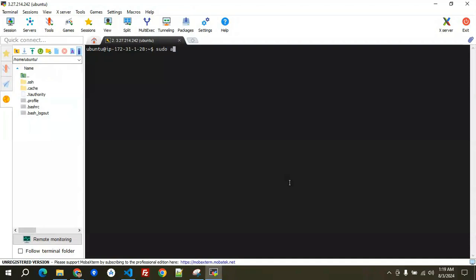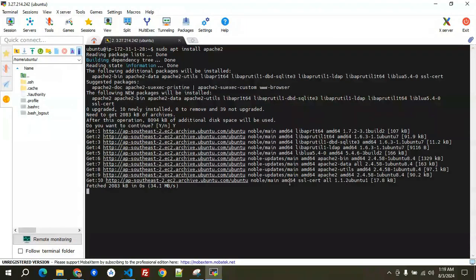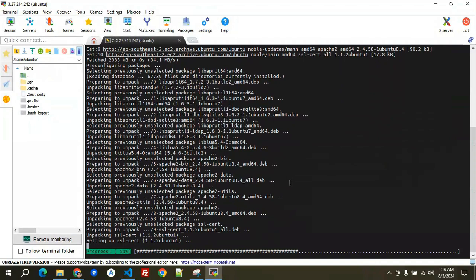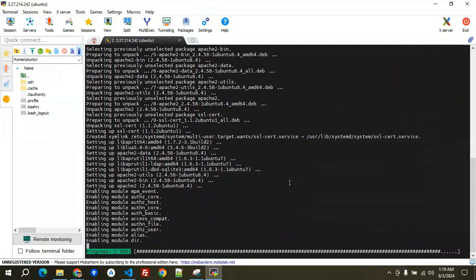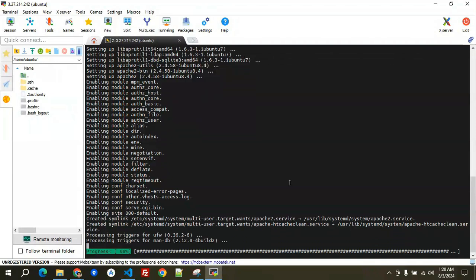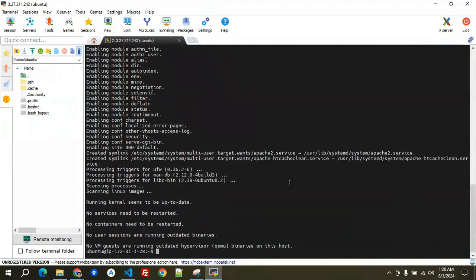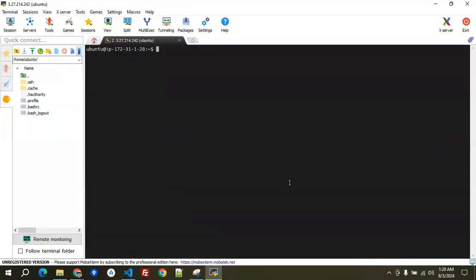So let's try installing it. So sudo apt install apache2, and then sudo systemctl start apache2.